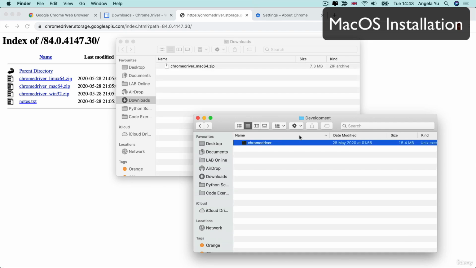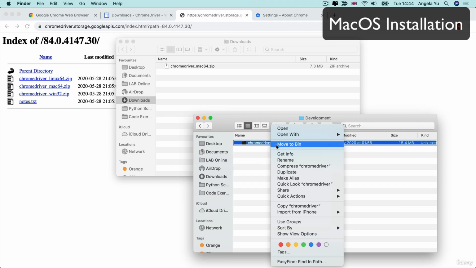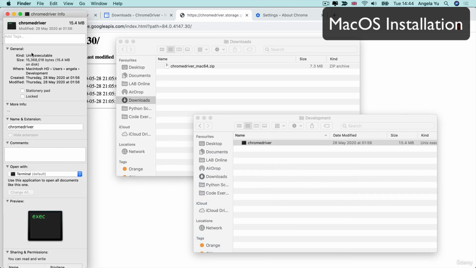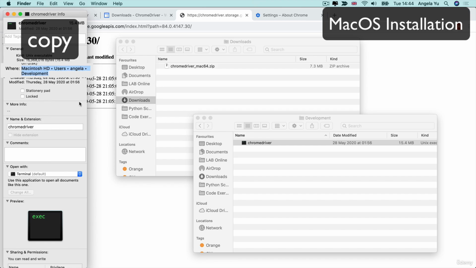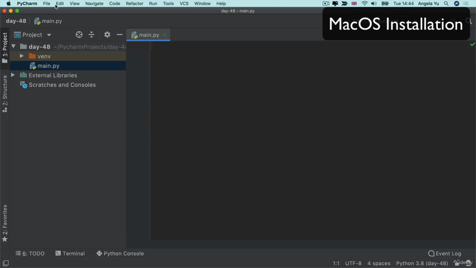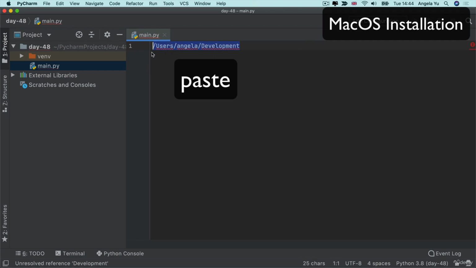Now the most important thing though is to actually get the file path for this particular file. To do that on a Mac, all we have to do is right click and go to Get Info, and then where it says where, we're going to copy all of that, hit Command C to copy, and then we're going to go into a new project that we've created, which I've named Day-48. In the main.py, I'm going to paste this entire file path,